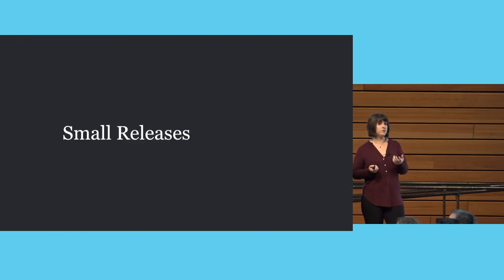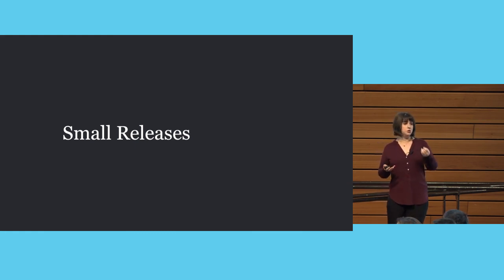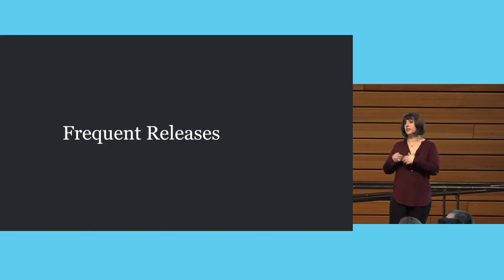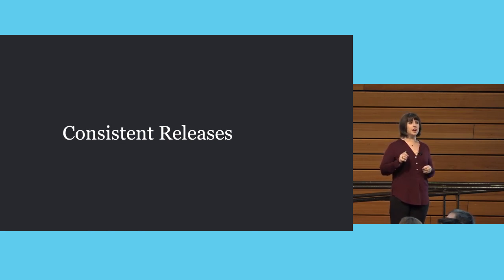Well, you generally have small releases. You might initially release a code base that's smallish, but then you're going to be iterating faster, because microservices are all about doing things fast, and that usually means smaller pieces of code going out at a time. Frequent releases, again, microservices are all about speed. But you also need to have consistent releases. If you're going to be releasing multiple times a day, you don't want each one of those releases to be different than the ones that happened before them. You want everything to happen in a very similar fashion.